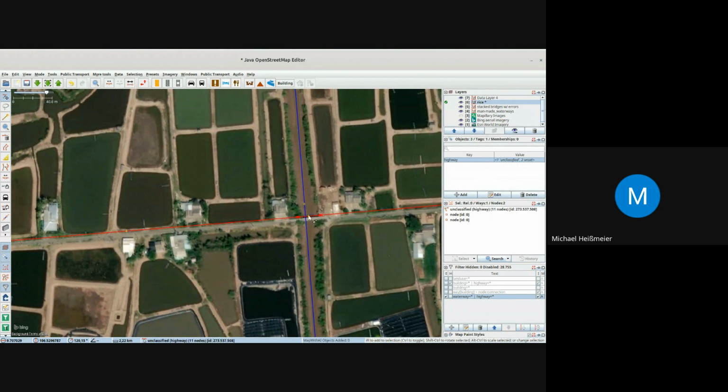And after all these three objects are selected, then you go to split way at the selected node or simply hit P. Let the longest segment reuse the history. And then you have to select only the bridge.